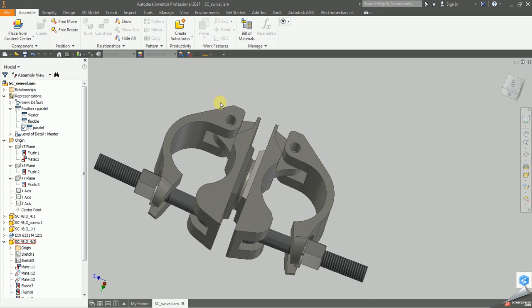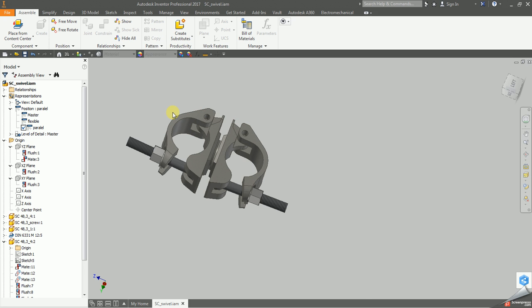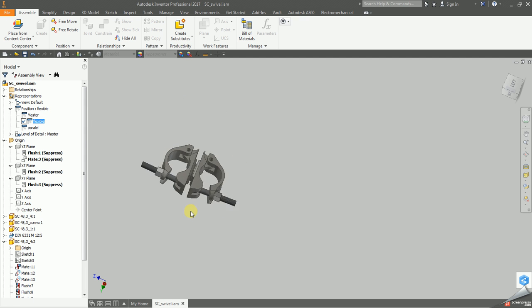So using this clamp in a different project, I have noticed some problems with the alignment because it didn't fit, so I investigated, and it turns out that this is an old assembly and it has a flexible, it was supposed to be used as flexible, but obviously it's misplaced, so there are problems. So I have just been looking at what's wrong, and I have found this